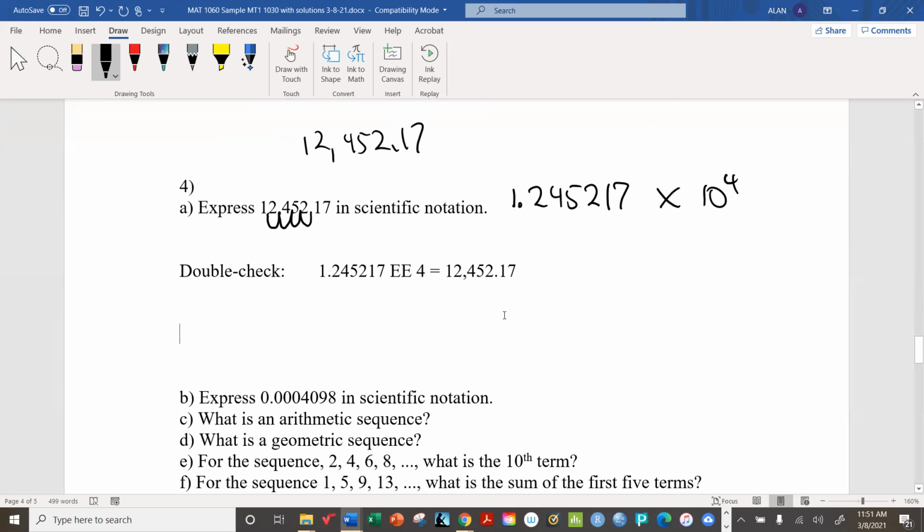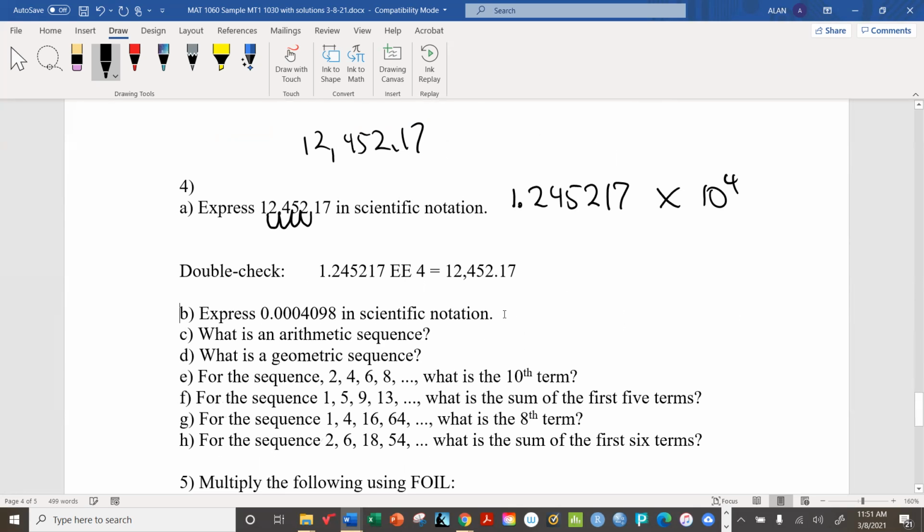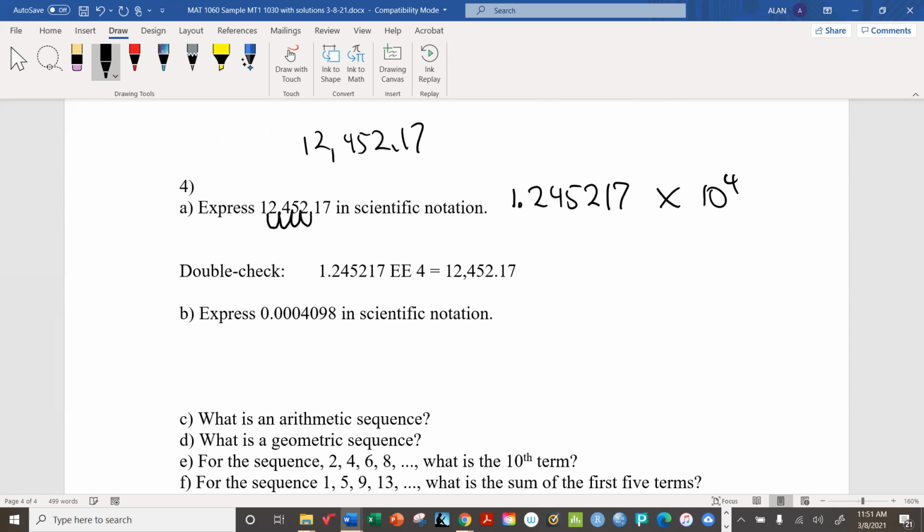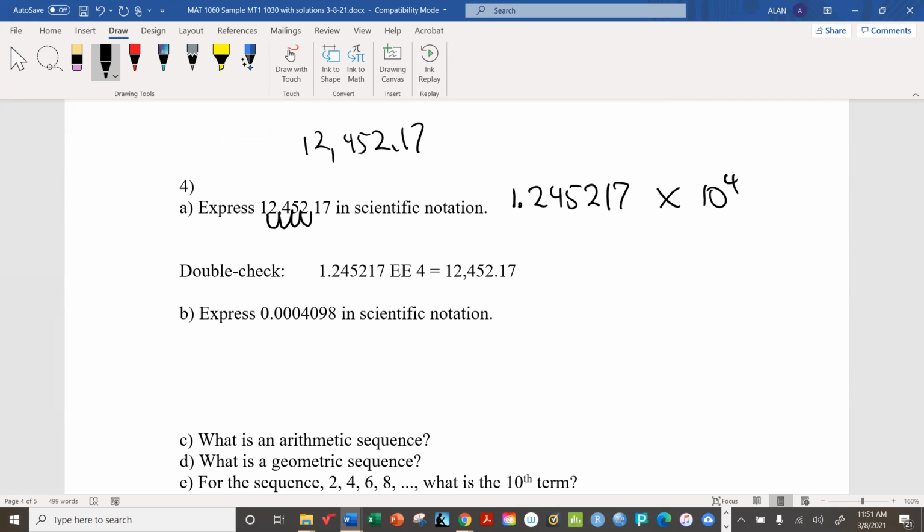All right, now we're going to go the opposite direction with the next one because it's a tiny little number. So we know already that it has to look something like this: 4.098 times 10, and it'll be some negative power. The question is what negative power? Now here we're shifting in the other direction. 1, 2, 3, 4. It's just a coincidence that it's the same. Negative 4. I shifted over 4 places, so this is my answer.